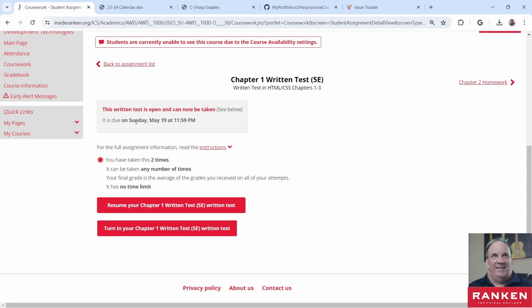Once we're past that deadline, and it's going to be Sunday at midnight every week, most of those weeks will have written tests that will be due. So make sure you have them in by Sunday. Don't wait until the last minute to get that completed. Try to get that done well before Sunday, so you don't butt up against the deadline and something comes up and you miss out, because once that deadline comes, we cannot make those